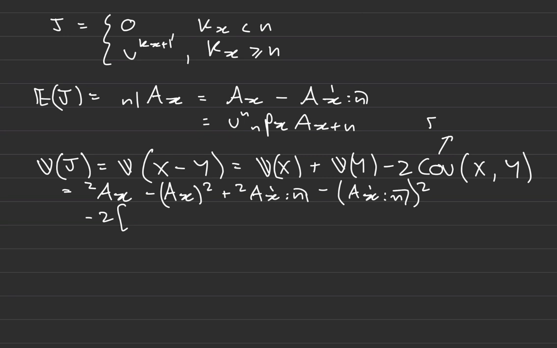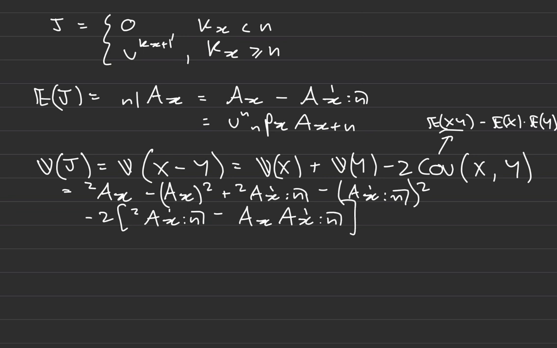So this is the expectation of XY minus the expectation of X times the expectation of Y. So the expectation of XY is going to be equal to 2ax n, minus the expectation of X times the expectation of Y. That's simply going to be ax times that. So I'll have ax